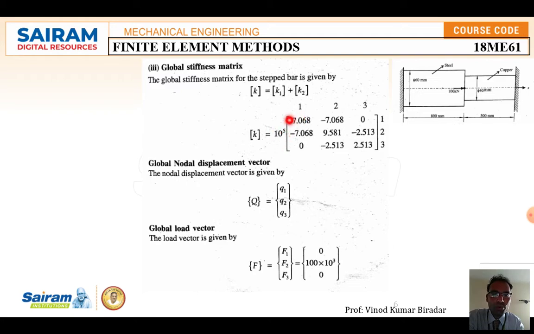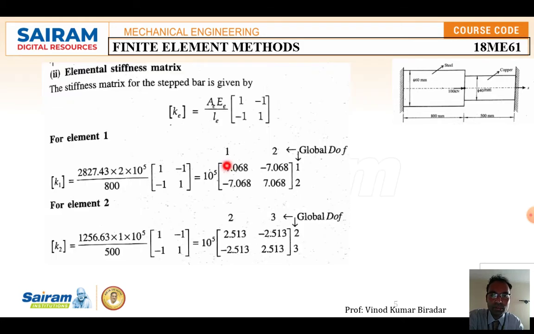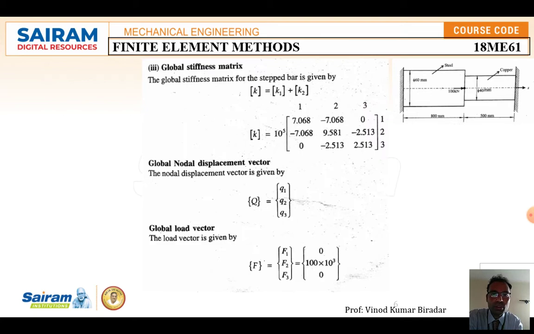So how did we get this 7.068? Look here, this is the node number belonging to K1. I already told this in the previous class. Here K1 is not there, so 7.068 plus 0 is equal to 7.068. Like this you have to calculate the global stiffness matrix according to the node number; simply don't add it. According to the node number you have to add, and you get what is called the global stiffness matrix.